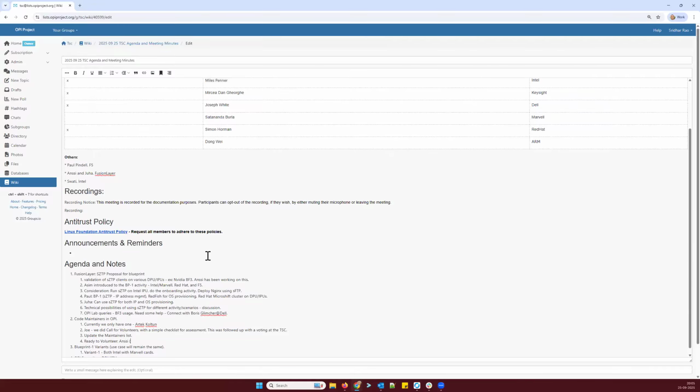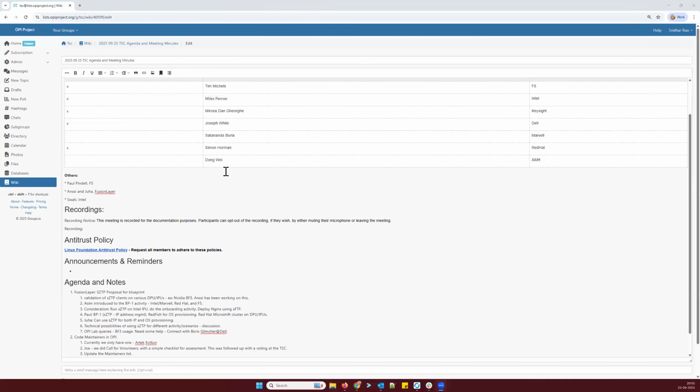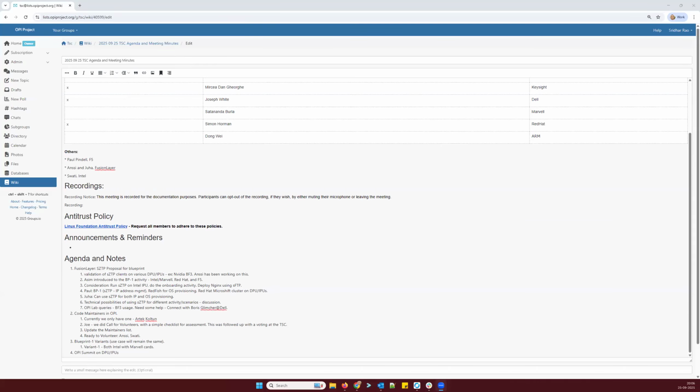So Paul, maybe we make a pull request, and then we can have a simple confirmation at the TSC of any changes. Yes. I mean, it doesn't have to be a pull request. I think it would be a pull request. It's simply a pull request against the maintainers list.